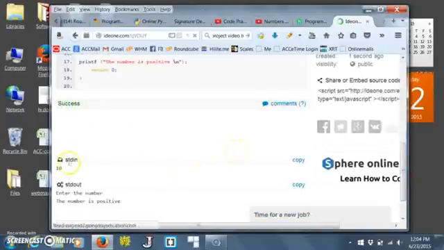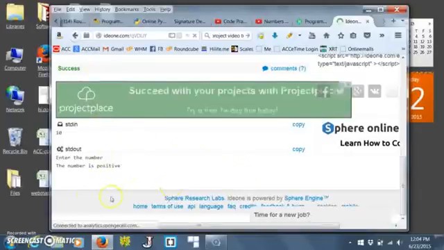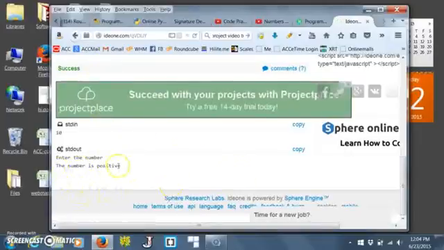And it tells you here that it ran with the number 10 as the input, and standard out is the output of the program. The program first printed enter the number, and then after going through the if block, it decided to print the number as positive. Okay, so that's basically how to use